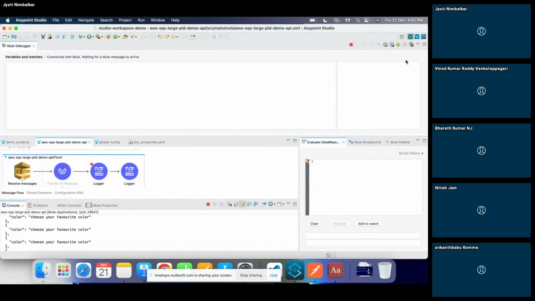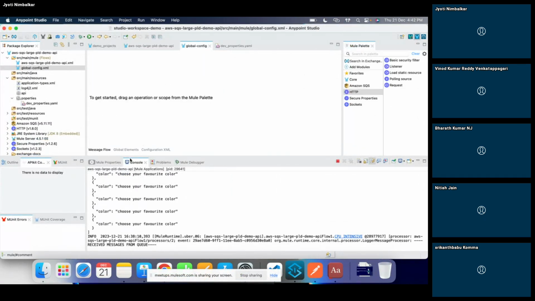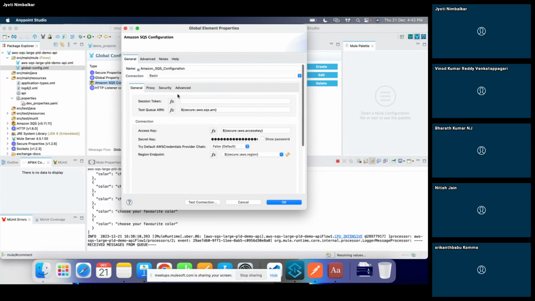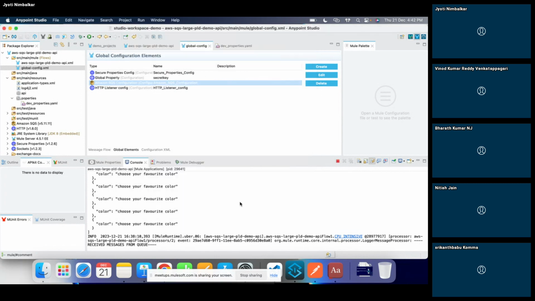And since I'm configuring it within the same SQS configuration, I'm not doing any separate configuration for the S3 bucket. I'm doing it within this SQS configuration only, under the advanced tab. Oh, I see. So basically the IAM user that you created should have access for that S3 bucket as well. Right, right. Okay. Perfect. Thank you.